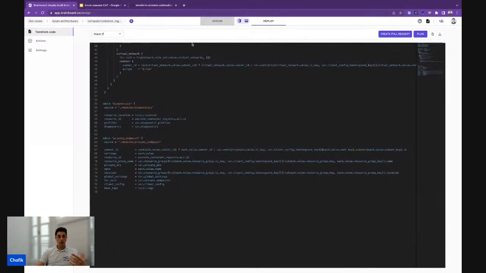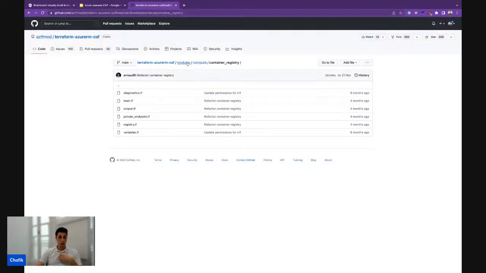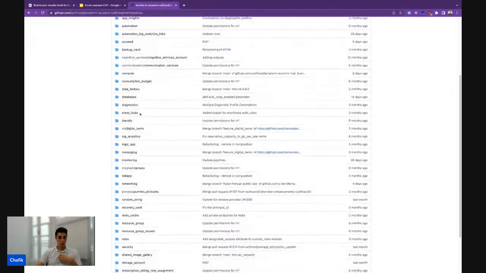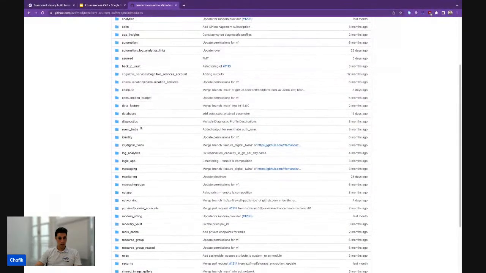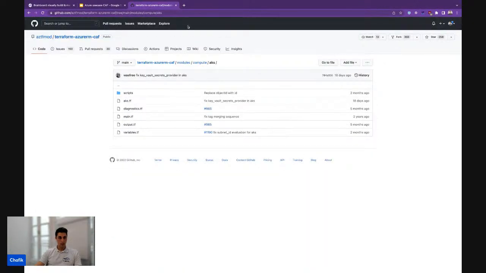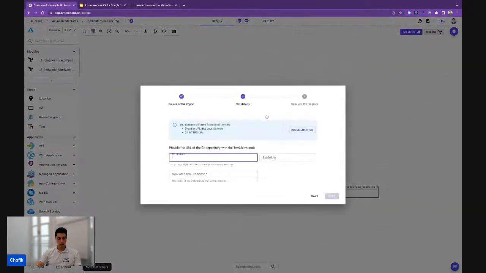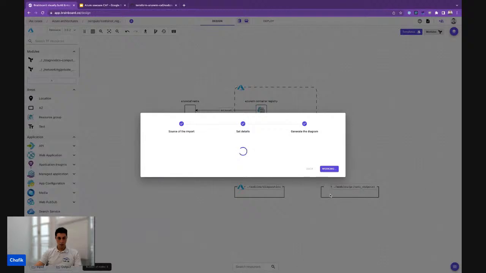And you can do it for any module you want to import. So this is of great help. And I personally do it a lot. I just go into the modules, the one that I want to work with. For example, AKS. Last time I did it, still in compute, and it was AKS, and I can import this AKS into Brainboard and do the same thing here. Call it compute AKS,